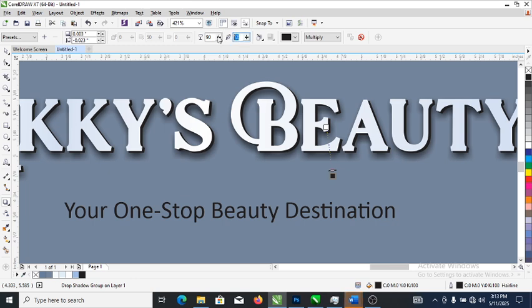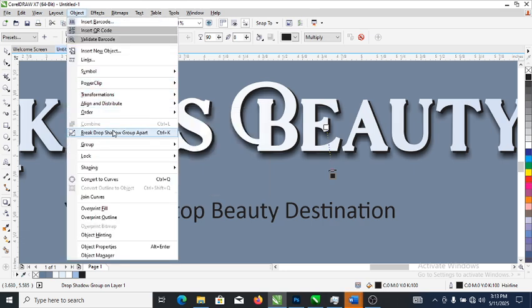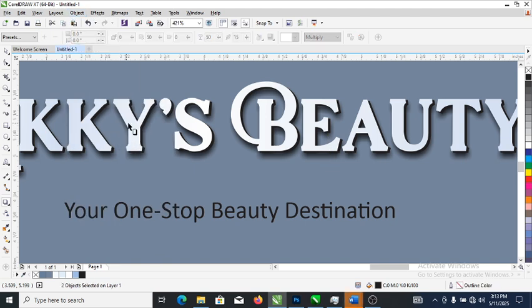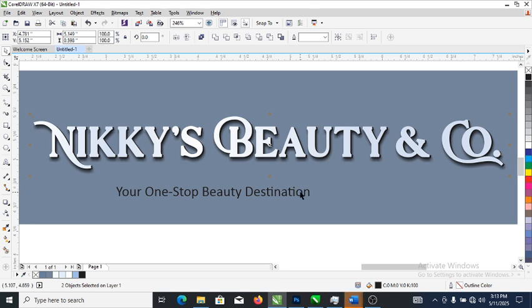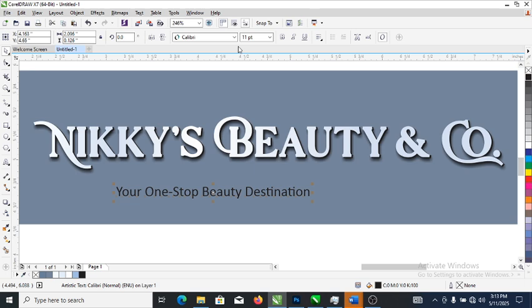A bit downward, let's make it 8. Good, I think this is nice. So let's go ahead and ungroup that, break drop shadow apart, automatically breaks, and let's zoom down. So right now what we're going to be doing is to change this to what they call